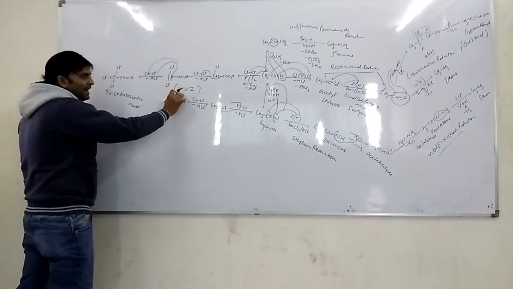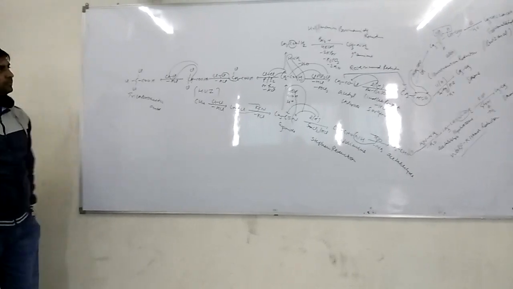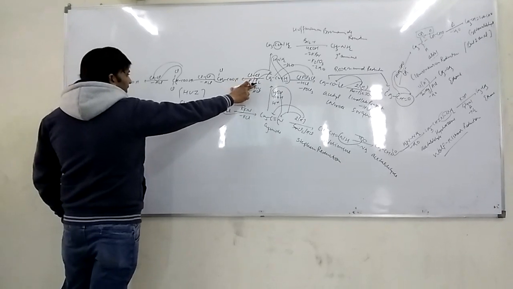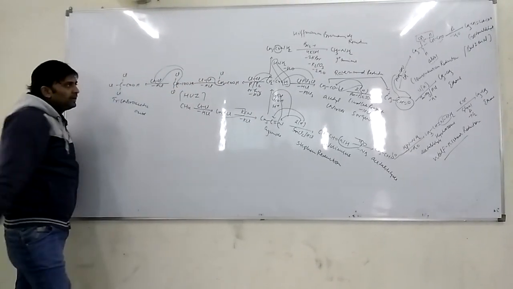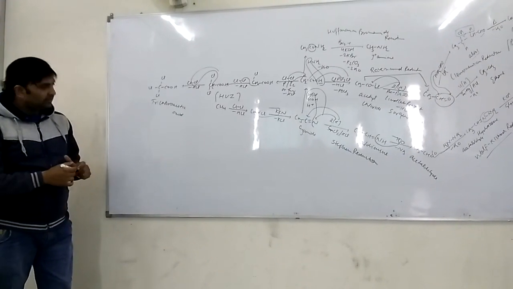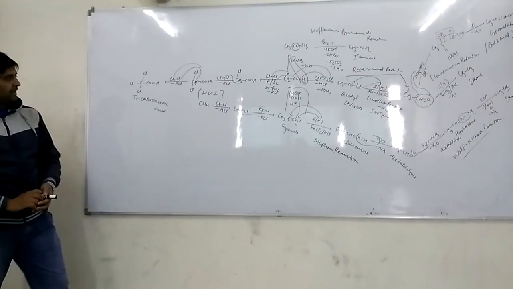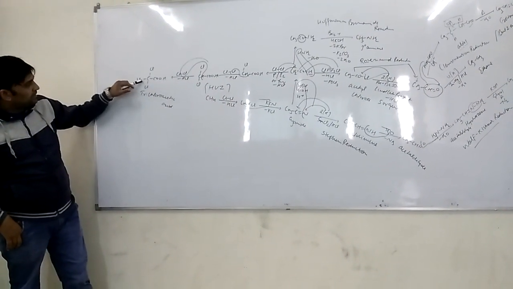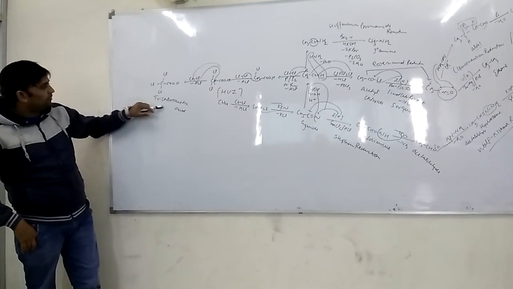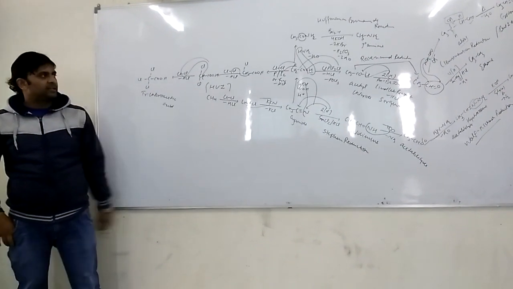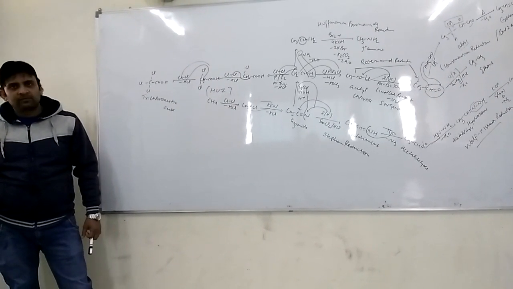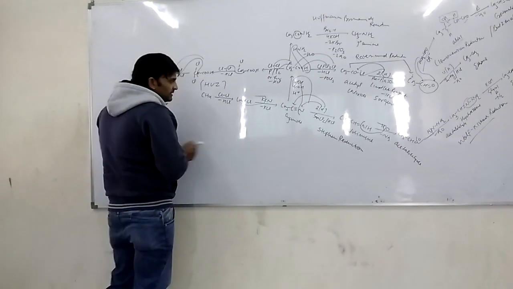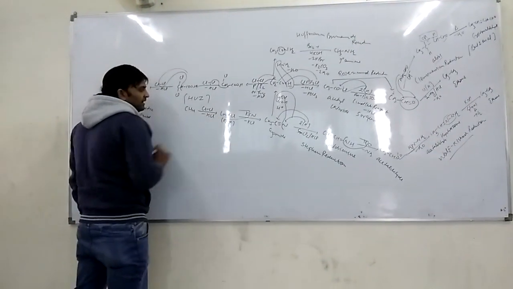Hell-Volhard-Zelinsky reaction, the most important reaction. When a carboxylic acid reacts with halogen in presence of phosphorus, iodine or sunlight, there is loss of alpha hydrogen atoms in the form of HCl, and the reaction takes place until all the hydrogen atoms are released in the form of HCl, that is all three hydrogen are replaced by chlorine and it forms trichloroacetic acid, and this reaction is known as HVZ reaction, Hell-Volhard-Zelinsky reaction. This one is HVZ.